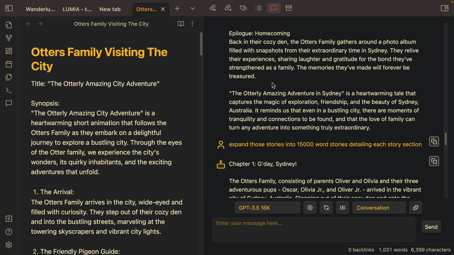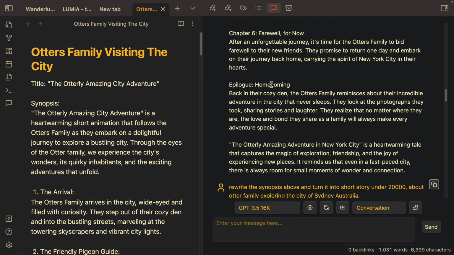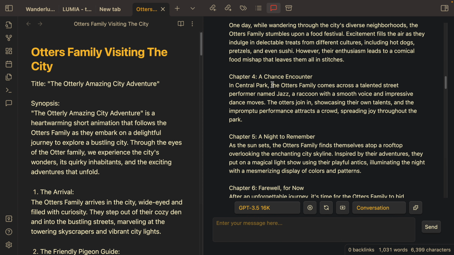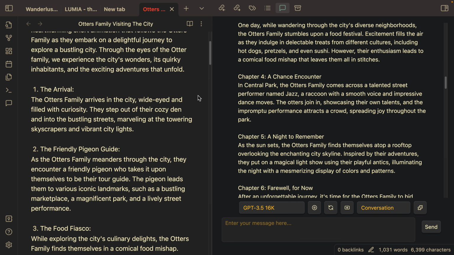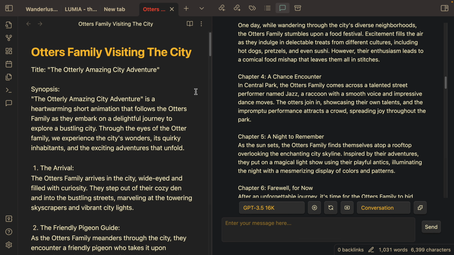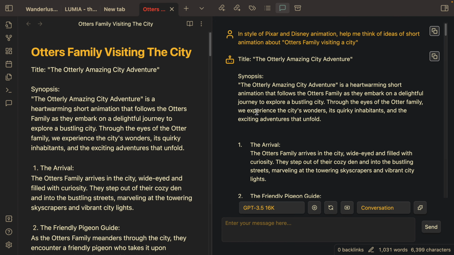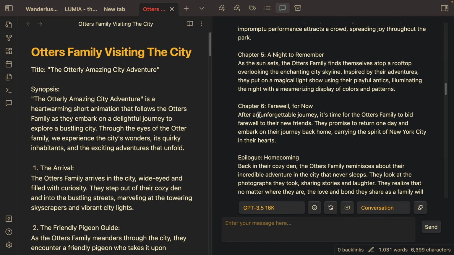But what if this becomes an experience and we want to turn it into VR or AR, and you actually apply it to the real city of Sydney, and you have a family of otters, and you're using maybe Apple Vision Pro and exploring the city together with the otter family, right? It could be an idea for visitors of Sydney, tourists, travel agencies.